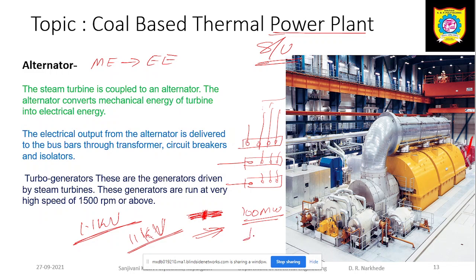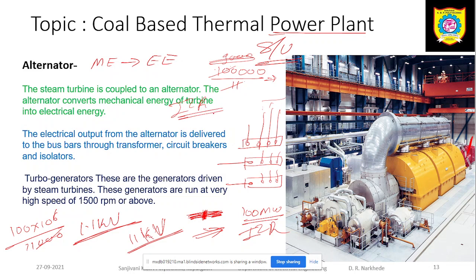then what takes place is that there are very high I square R losses. If you generate at 100 megawatt, it is 100 into 10 to the power 6, mega meaning 10 to the power 6, divided by 11,000. So what is the amount of current over here? The current is nearly in the range of thousands of ampere. It is 1 lakh divided by 11, and when you convert that, you get nearly 9,000 ampere of current. With this, I square R losses are tremendously high.